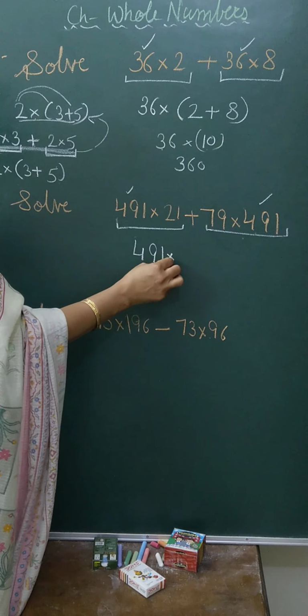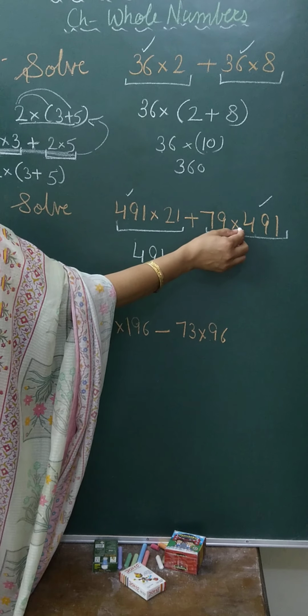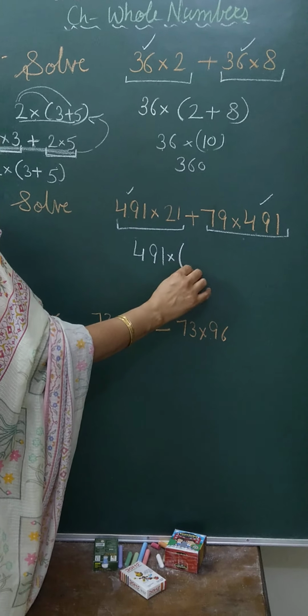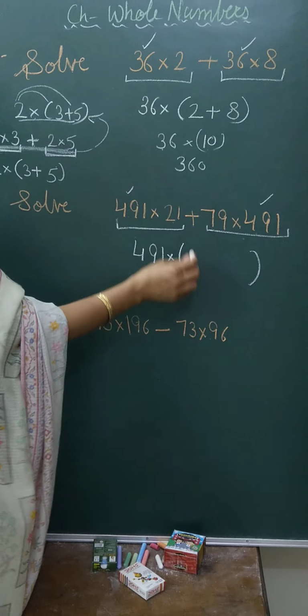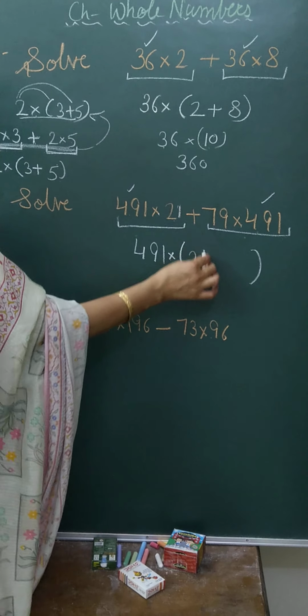Then you will put the sign. Whatever he brought inside, he brought inside multiply. Here also he brought multiply. Then you will put a gate. Then the first person in the house, the leftover number, that is 21.